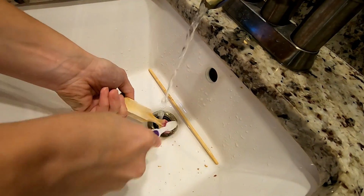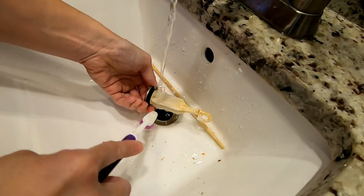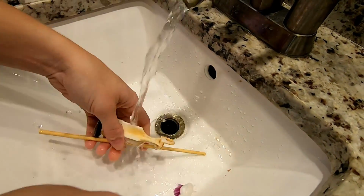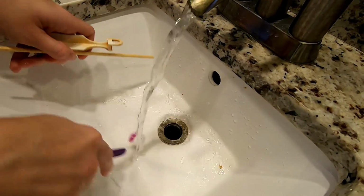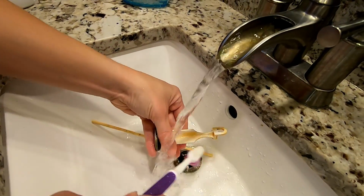Ugh. This is horrible. Hey, look at how much better that is now. I know. Look how the water's flowing down there. Look at this. Incredible. Don't drop that stick in there. No more water backup. So once Naomi's finished cleaning off the pop-up assembly, we're going to make a slight modification